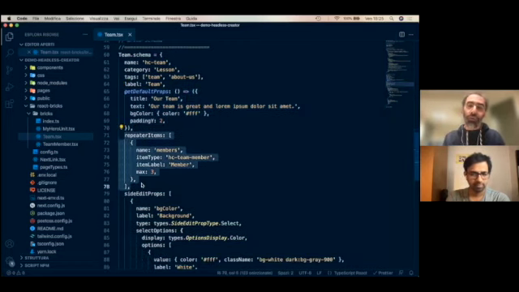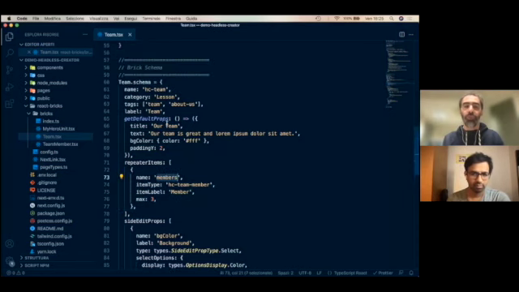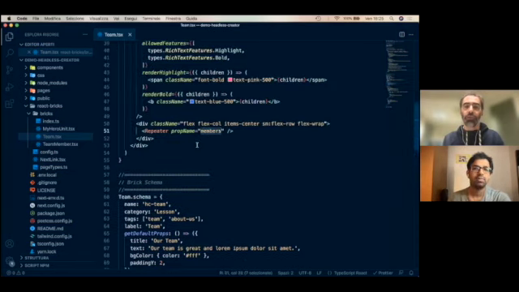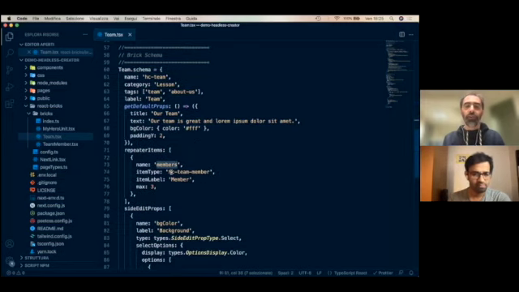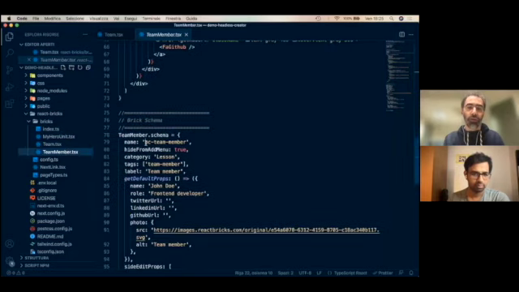Then you have these repeaterItems, which is used by the repeater. So you see that you have an array of repeated items. These are all the types of repeated items that you can have. So you can have a repeater of members, a repeater of buttons, etc. You have these objects for each type that you can repeat. And this name here is the name of the prop that should match the prop name that you see in the repeater here. And then you have this itemType, and the itemType is exactly the type of the team member. So the team member in the schema has a name, which is this HG team member.